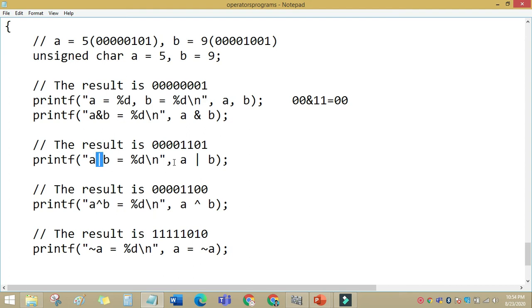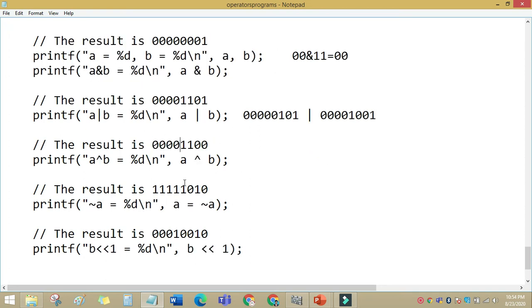It is performed with this value and the OR symbol, and since it is performed by binary methods, this is the result. And using this is the XOR operation. The same binary values will perform this XOR operation.